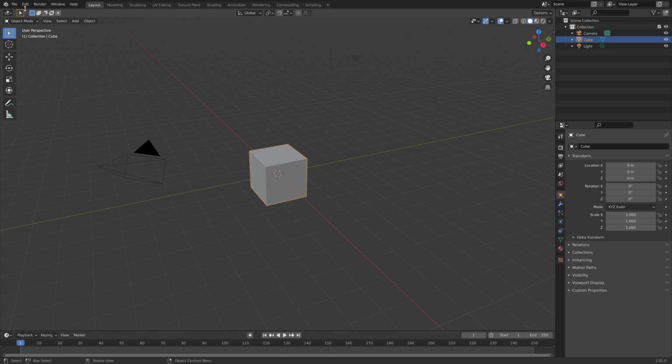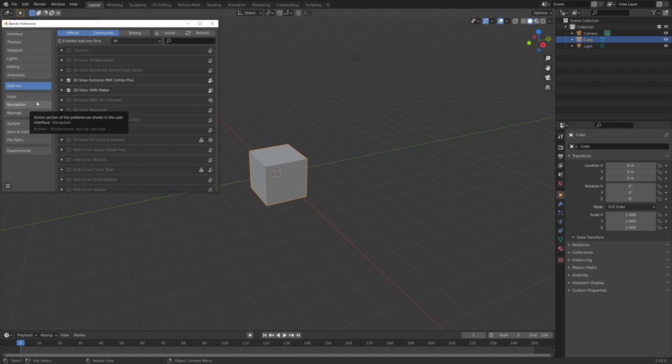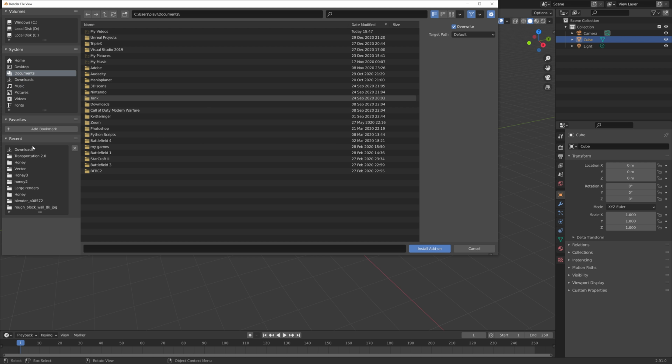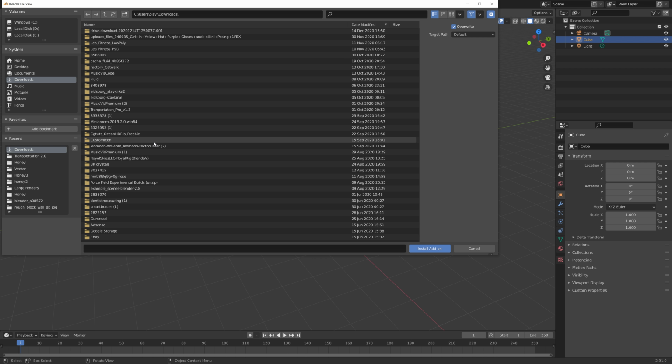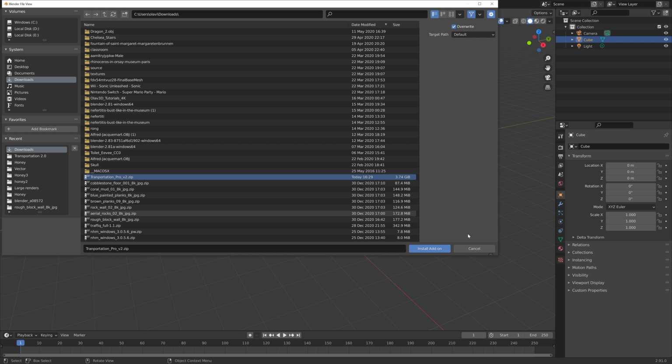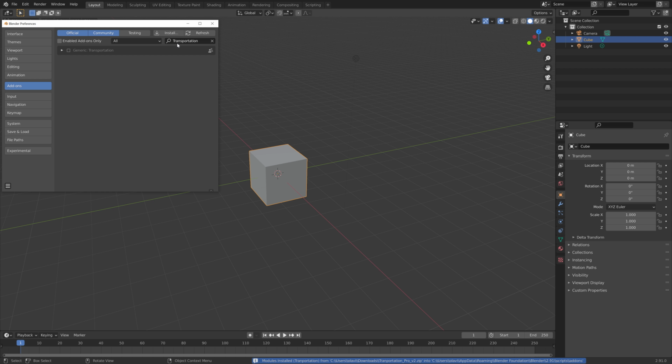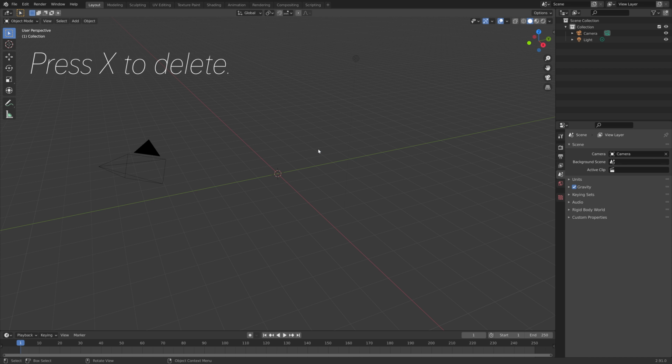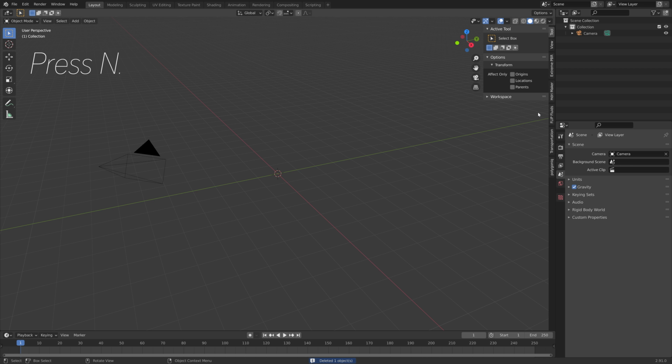Now, installing the add-on is quite simple. You just go to Preferences, Install, and then you select the download. There will be a link to the add-on in the description, and then install add-on. And then after a few seconds, you can enable it, and then go back to the Blender viewport. And then I'm going to press X and delete the cube and the light source, and then press N to